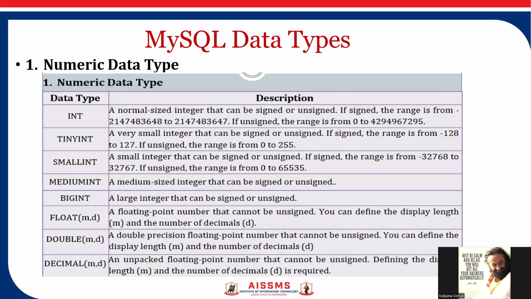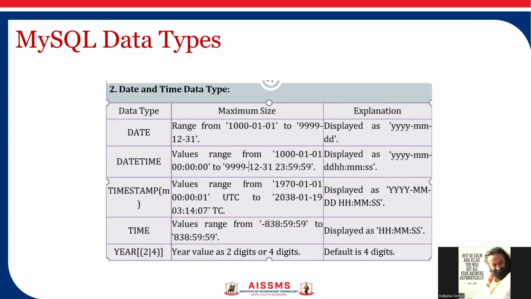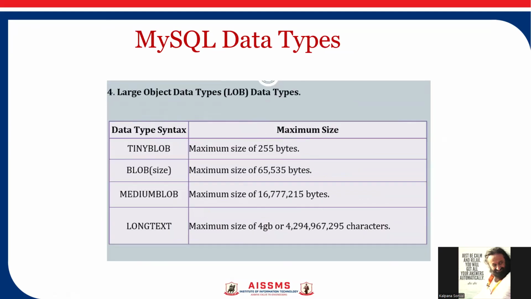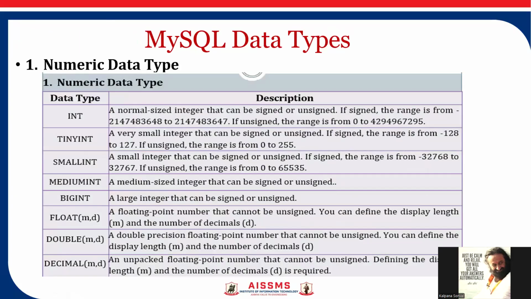There are different data types of MySQL: numeric, date and time data types, string data types, and large object data types. So let us go one by one. In the numeric data types, the most often used is integer, INT, a normal-sized integer that can be signed or unsigned. If signed, the range is from